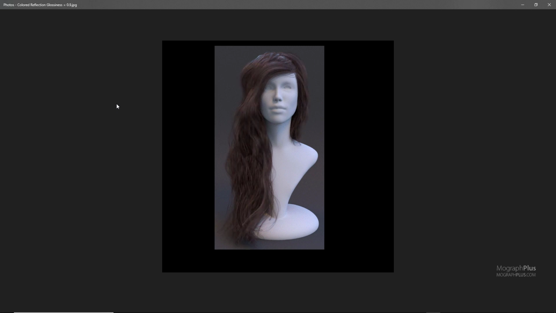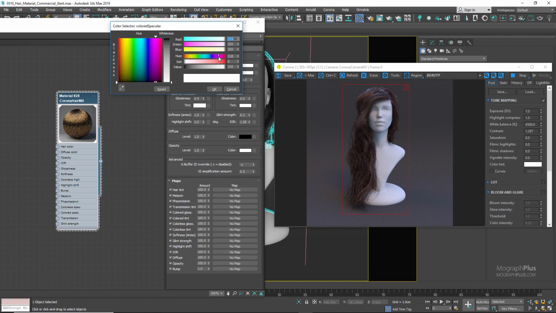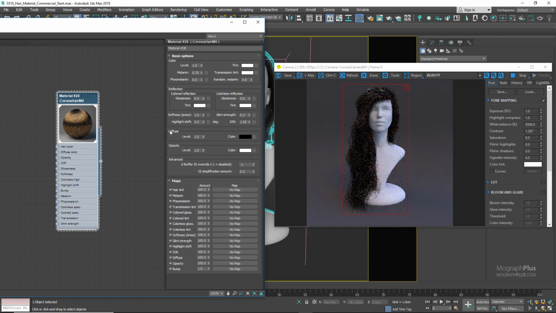glassiness value. Then we have this color reflections tint, and this should always be kept at white for physically plausible results. I have created every possible hair colors with this shader, and I have never changed this to any other color. We have this colorless reflection glassiness, which controls the reflection glassiness of the colorless or primary reflection lobe along